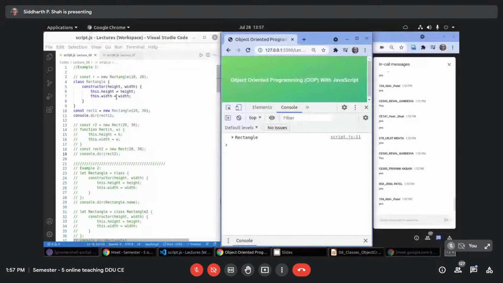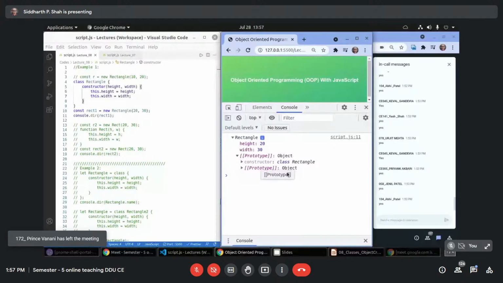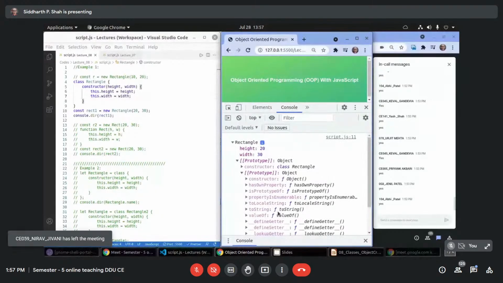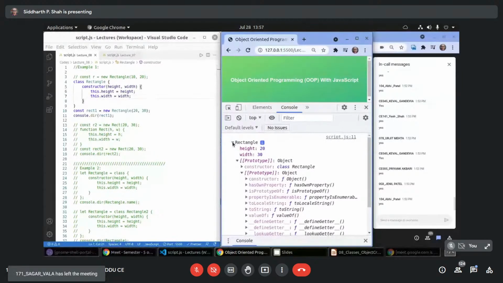It is printing a Rectangle object which has two properties, height and width, with values 20 and 30 that you are sending. And of course it is an object, so it has its own prototype attached to it, which contains the constructor, and that has its own prototype, which is the Object prototype. So now you can see that this is not different from a constructor function, is it? Are you getting this? Simple class.